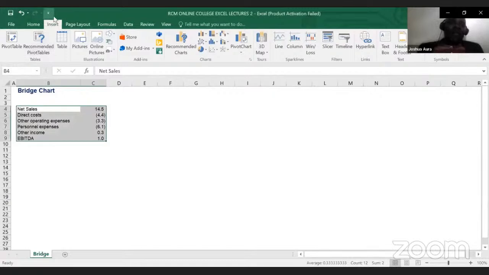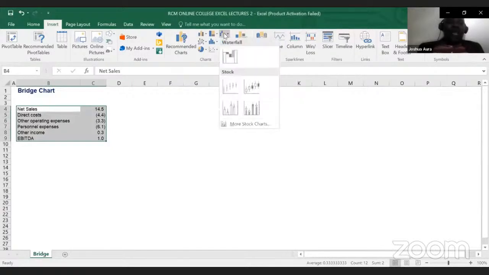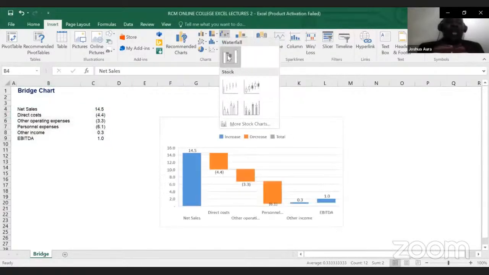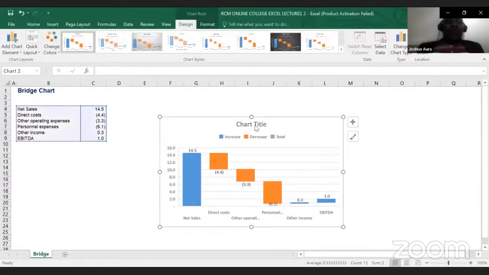Now from there, I'll say insert. What am I inserting? I am inserting a waterfall. It's here, this one here. Insert waterfall or a stock chart, right? I don't want stock charts for now. I want this waterfall, so I'll click the waterfall. Later on, I'll be showing you how to put these titles, etc. But the most important thing is that my EBITDA, earnings before interest, tax, depreciation, and amortization,